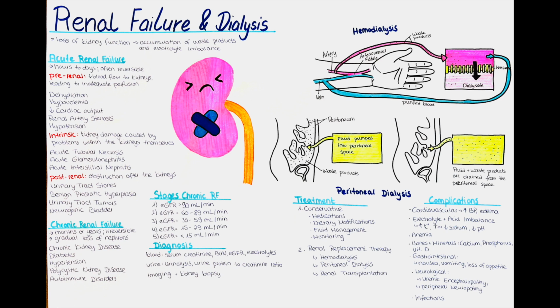Also, benign prostatic hyperplasia can lead to renal failure. An enlargement of the prostate gland in males can obstruct the urethra, impeding the flow of urine. Alternatively, urinary tract tumors, so tumors in the urinary tract, such as the bladder or urethral cancers, can cause obstruction and subsequent renal failure. Tumors or masses in the pelvic area can compress or obstruct the urinary tract, leading to